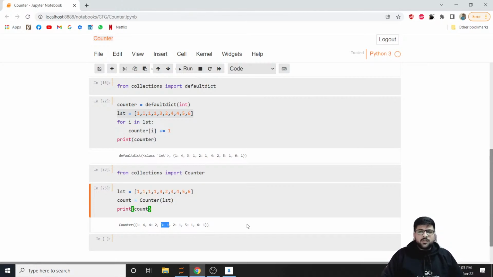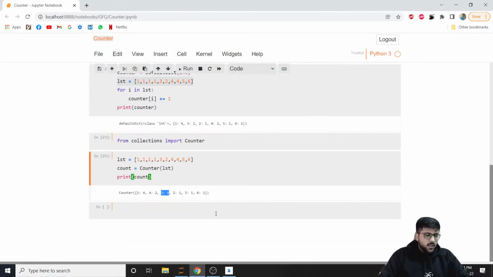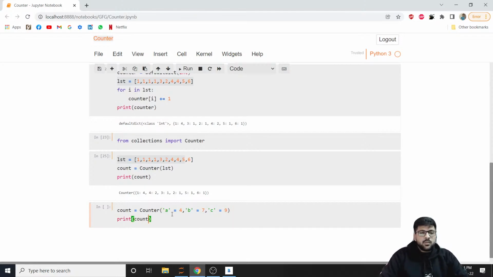But the counter function also offers a couple of new details, or basically new functions that probably would have been more difficult in our previous approaches to the problem. What are they? Number 1 would be that you can define a counter without actually having to run it through a list. So what is that? Let's say A is equal to 4, B is equal to 7, and C is equal to 9. And if I print count,